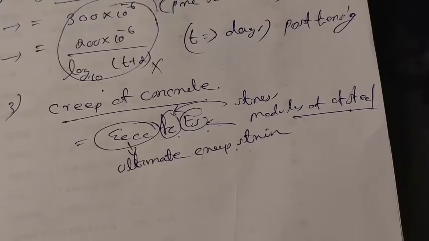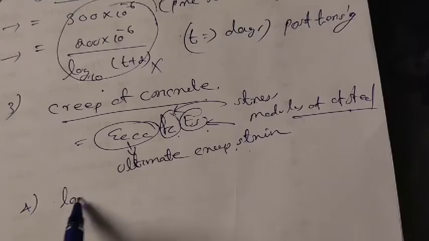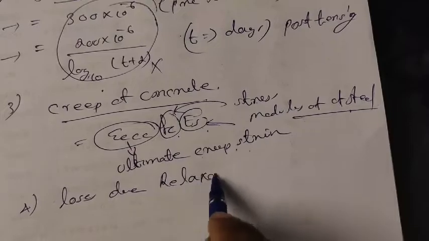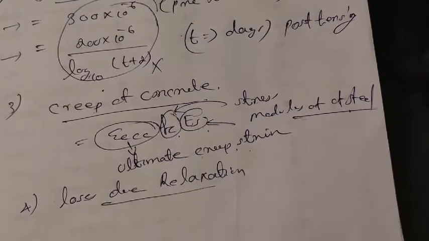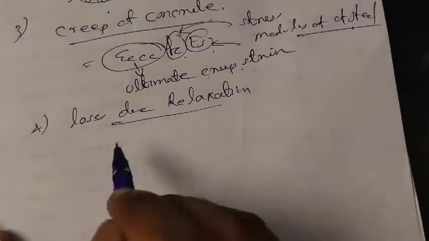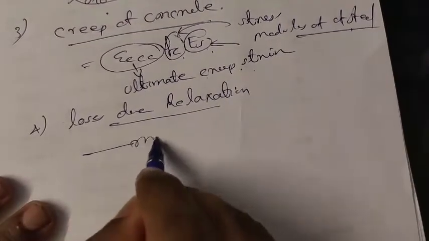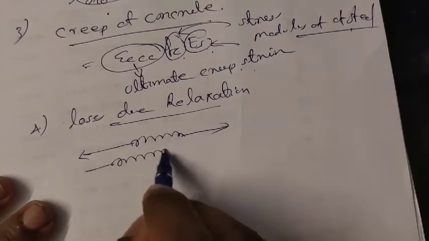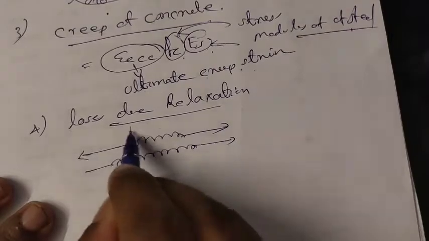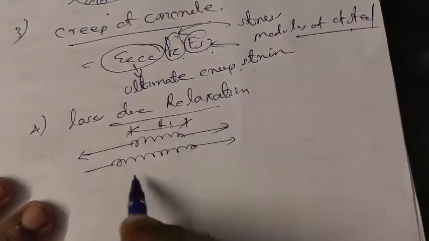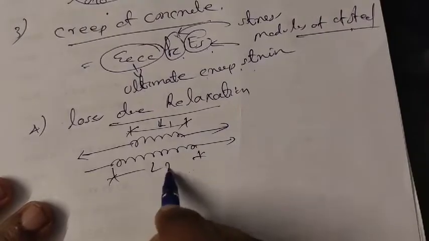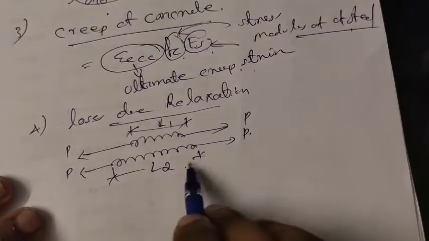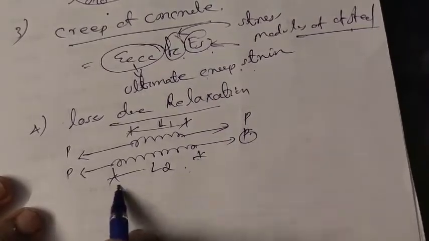The next thing is losses due to relaxation. What is relaxation? If you provide a force on a spring, it will extend like this. If the length is L1, it becomes L2 under the force P. After continuous application of this P over here,